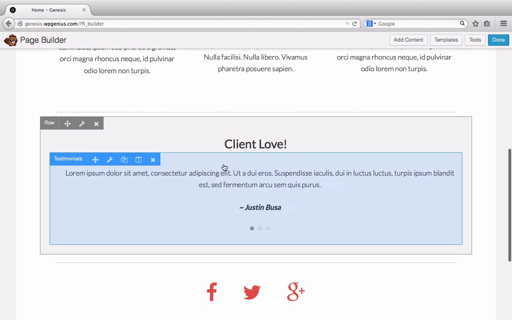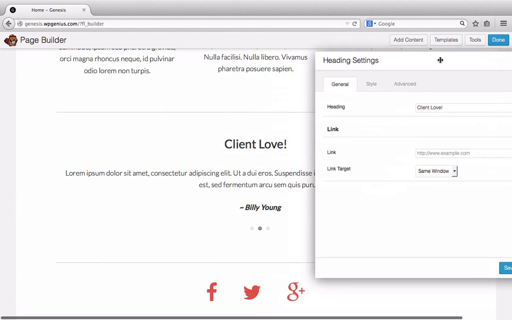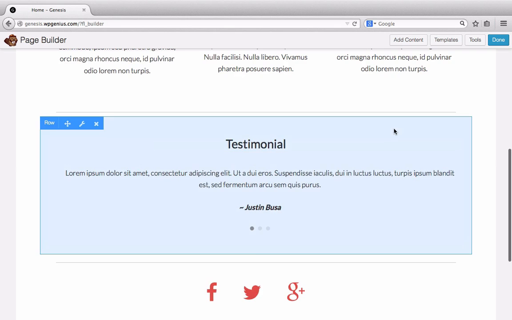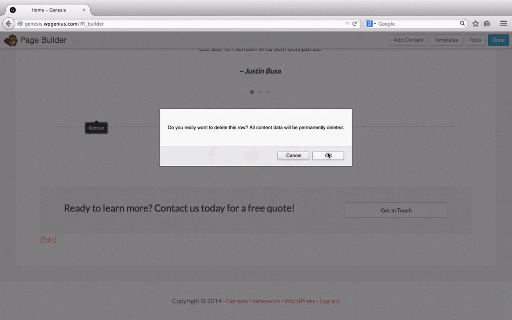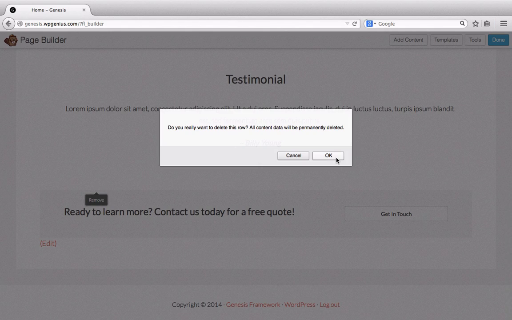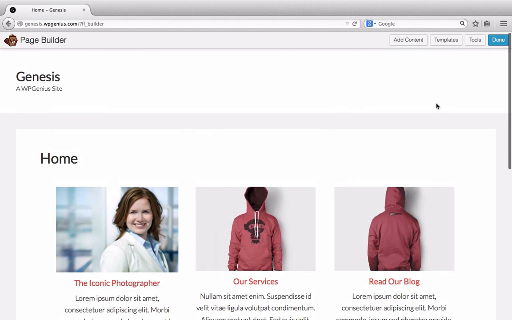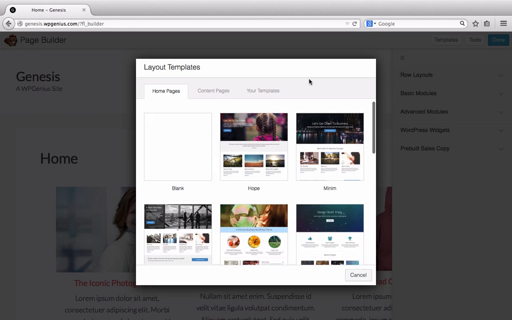And here's the testimonial. Again, we can change this text, and it should appear as we're typing, which it does. We'll save that. And I'm going to go ahead and get rid of this row and this row. Leave the testimonial there, and just for fun, I'm going to go ahead and add another template to the bottom